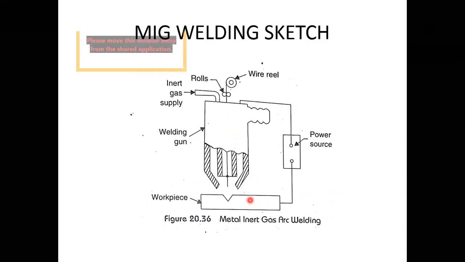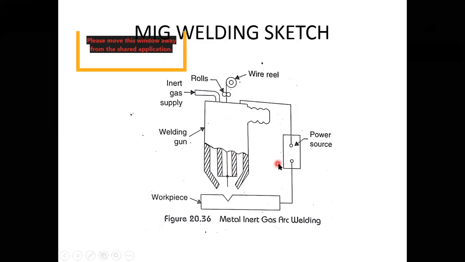So you see that here everything is clear. This is the workpiece. Here at this particular point we want a joint. So it is having a welding gun. In that we are allowing inert gas through this one. This is the passage for the inert gases. So this is the electrode wire. We have to feed it from outside like this.